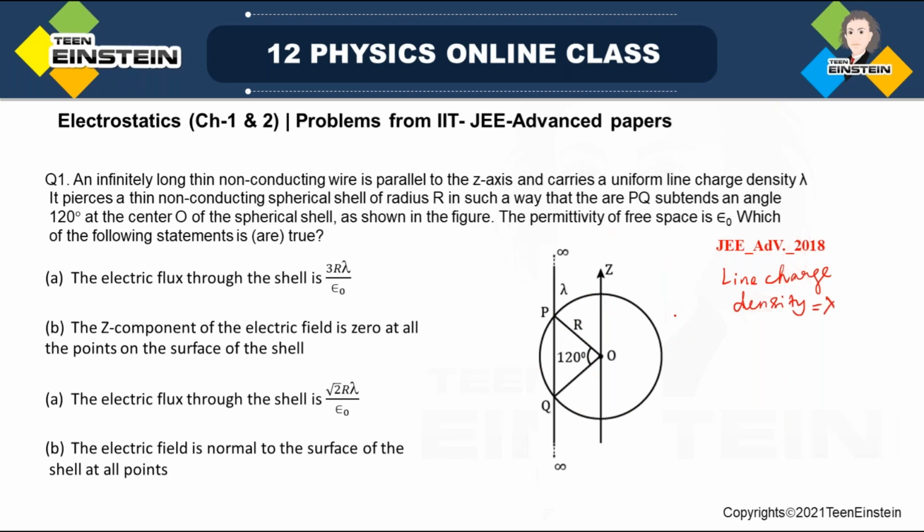If you pierce a plastic ball with some wire and the wire passes through it, this is a situation similar to that. So you see this is the arc. This will look like this. This is the thin spherical shell,